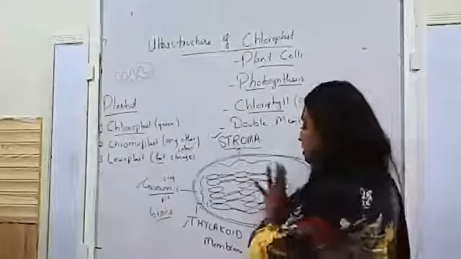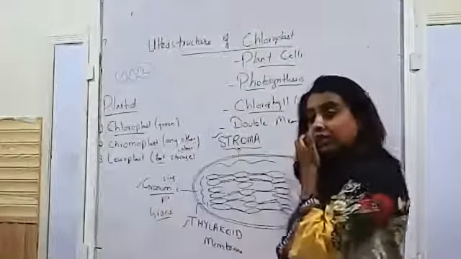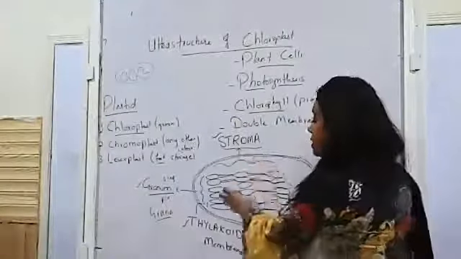The space inside the membrane is covered up by stacks of thylakoid membranes. What are thylakoid membranes? Simply membranes forming a sac-like structure filled with a fluid, and that fluid contains chlorophyll. They are termed thylakoid membranes. Thylakoid membranes stacked on top of each other, what do they form? Grana, or singular granum. Grana, along with all the fluid present and all the enzymes present, is termed the chloroplast.